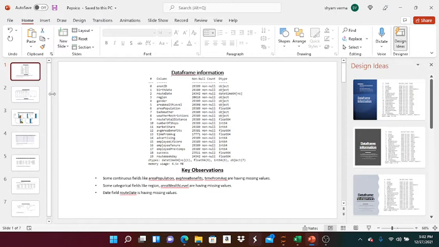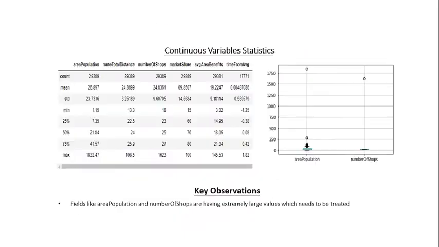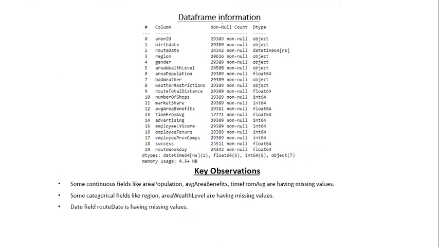I'm going to briefly explain what I did in this data challenge. First of all, I imported a JSON file into a Pandas data frame, and I looked at the data frame information to check how many missing values we have. The first thing is that this data set has 29,389 records, and some of the